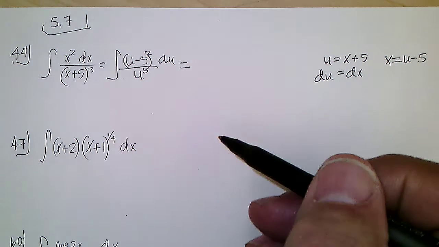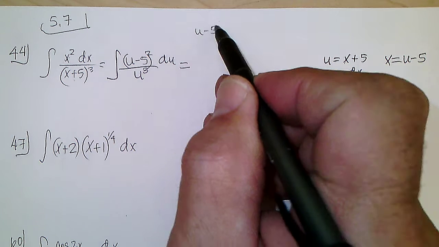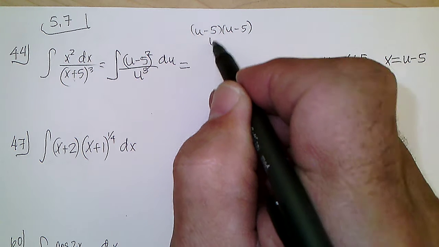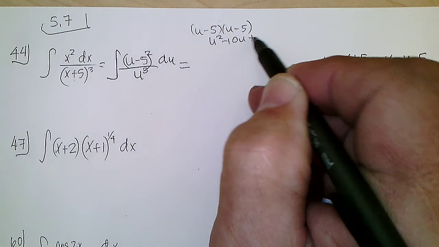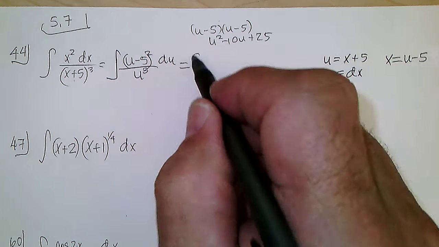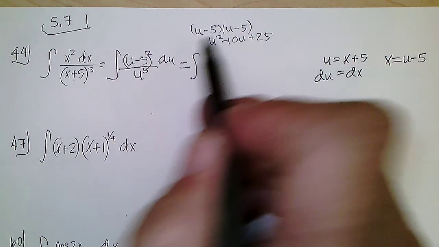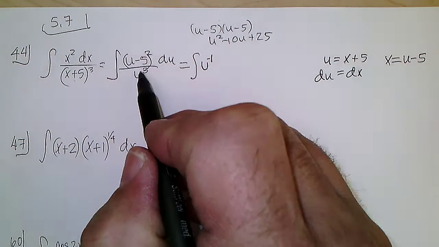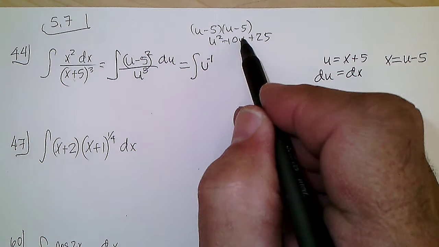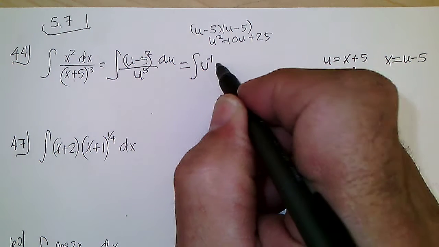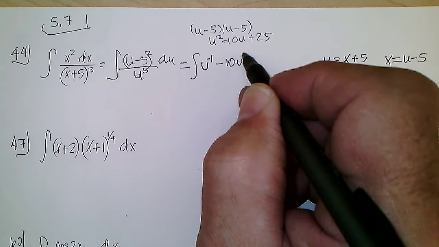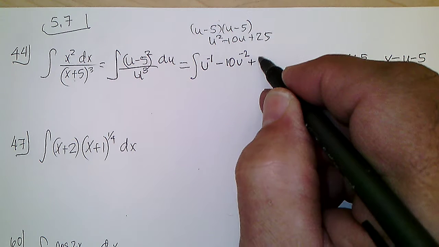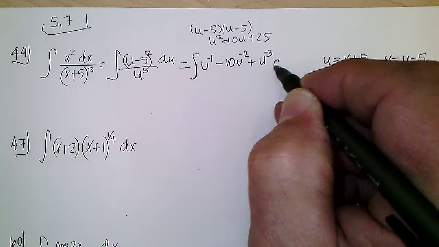Well, u minus 5 squared is going to be u minus 5 times u minus 5, which is u squared minus 10u plus 25. So I'm going to have the integral of u squared over u to the third, which is u to the minus 1. Then I'm going to have minus 10u over u to the third, which is minus 10u to the minus 2. And then I'm going to have plus 25 over u to the third, which is u to the minus 3 du,